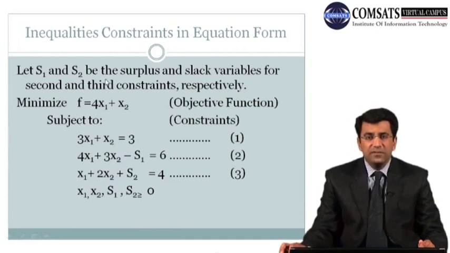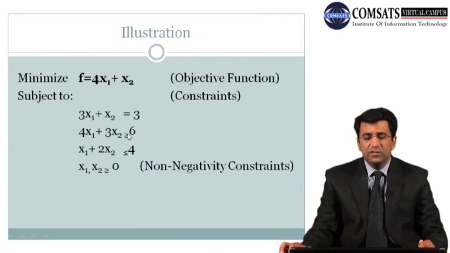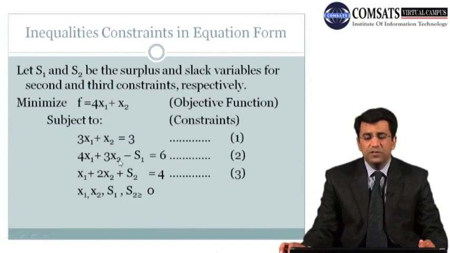Why do we use slack variables or surplus variables? The basic purpose is to convert the different inequalities into equalities. So that's why the first equation will remain the same. The second equation was actually in the greater than or equal to form. So in this particular case, we will subtract the surplus variable, that is s1, and our equation will become 4x1 plus 3x2 minus s1 is equal to 6. And this s1 here is the surplus variable, and you already know that the surplus variables are always subtracted. So in this way we convert the inequalities into the equalities.